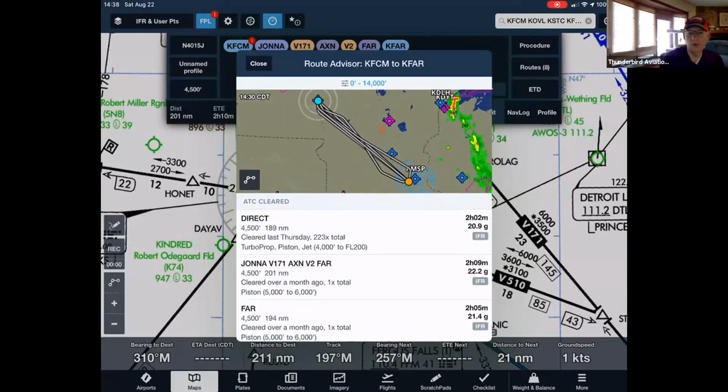But once you file this, either way you decide which route you're going to fly, whether you make up your own by drawing it like we did, or picking one of these here from the route advisor. Once you've filed it, since ForeFlight knows your email address, once it's accepted by ATC, you'll get an email saying, here's the route you're going to get from ATC. So if you picked a route and ATC gives you something different, you're going to know what it is before you walk out to the airplane, so that you won't be surprised when you say, I got an IFR flight to Fargo and